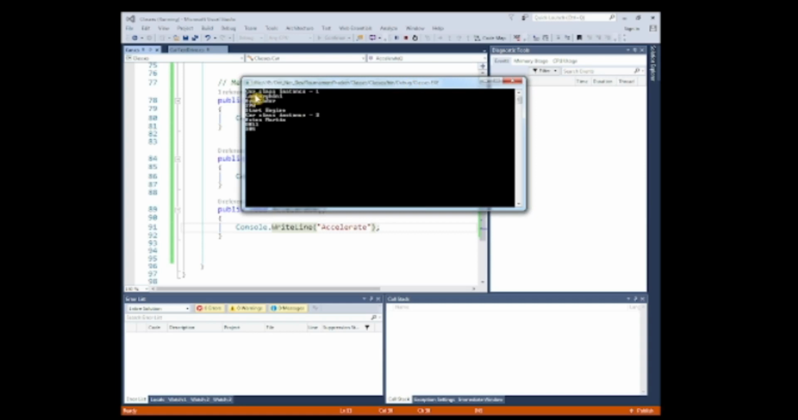And so car class instance 1 is a Lamborghini for the make. The model is Aventador. Top speed is 190, and I've called the start method on this first instance. And our start method, all it does is print the words start engine. Okay,